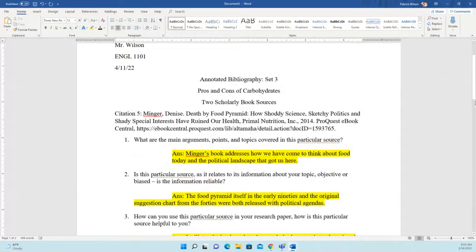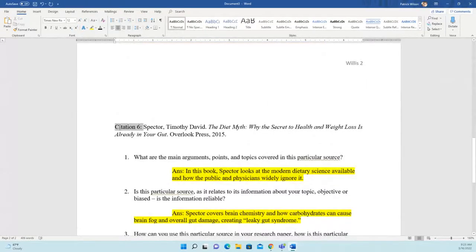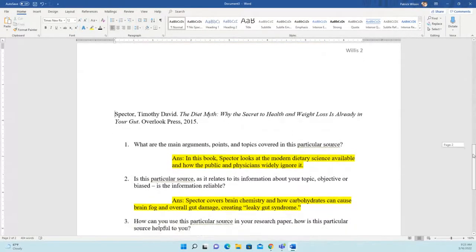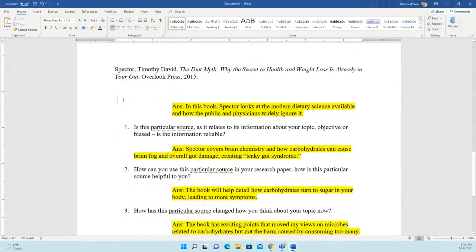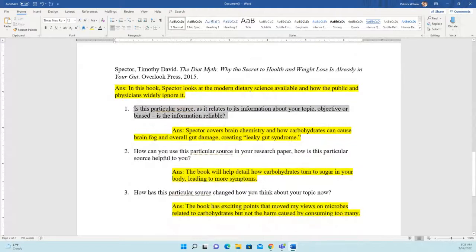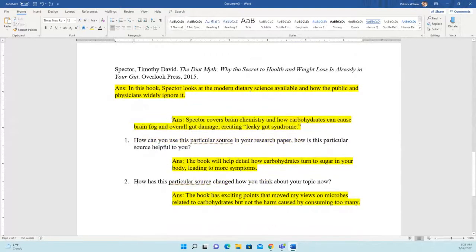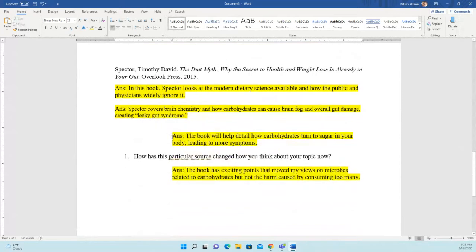I have my source for citation 5, source and citation 6, so I'm going to go ahead and get rid of this. I'm going to start from the bottom here. And again, same 4 questions, just different answers because I'm using 2 additional different sources. These are my book sources. Keep everything in order, and your paragraphs will be in order as well as it relates to your sentences here,